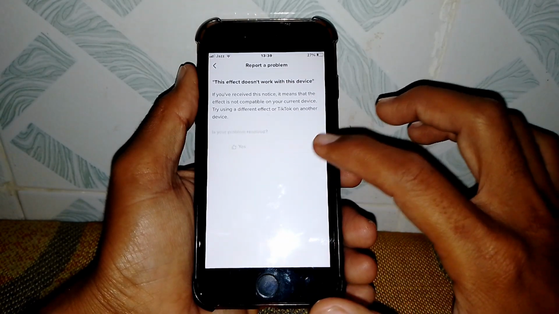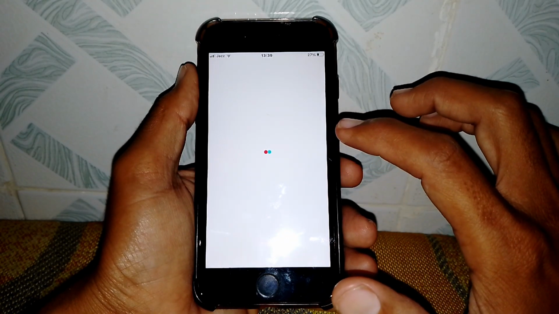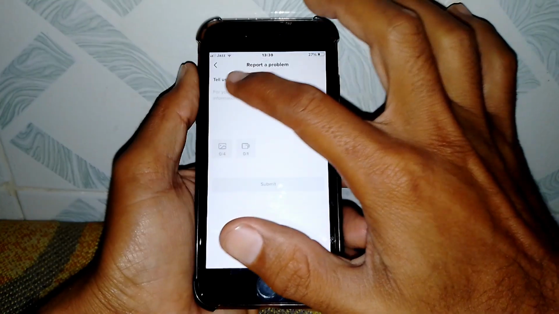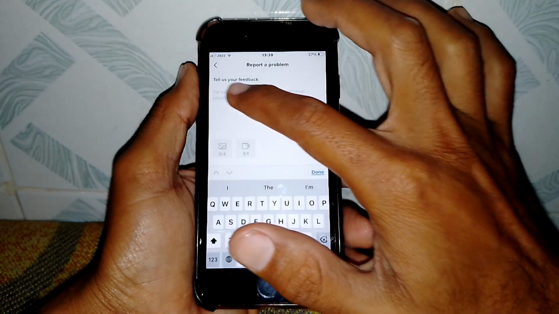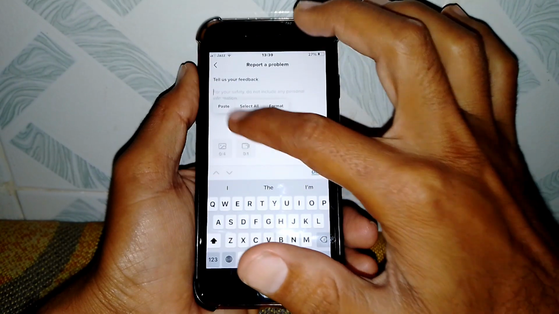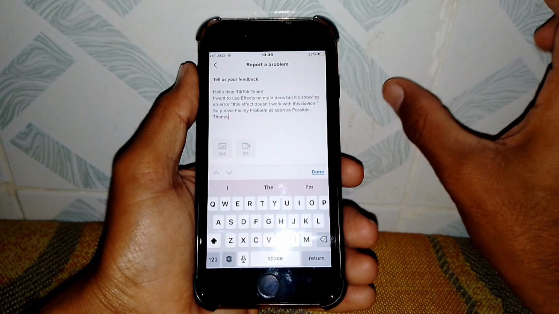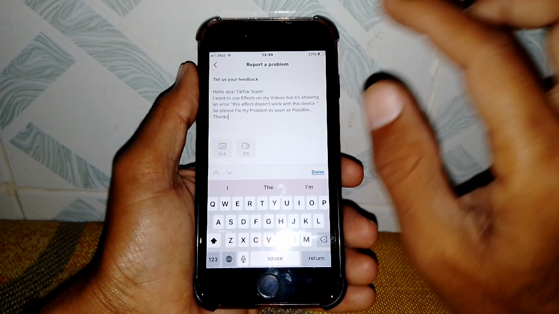So as you can see, guys, it's showing an error. Tap on No, tap on Need more help. And here you have to briefly explain your problem. So I have already copied it and put it in the description as well, so you can copy from there and just simply tap on this icon, and then you have to take a screenshot of your problem first,